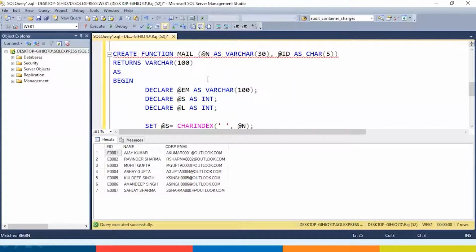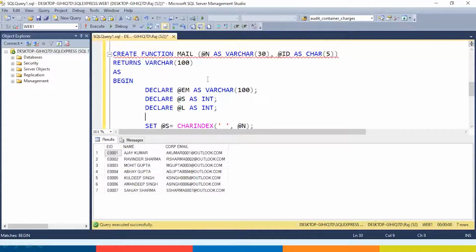The varchar type variable has been taken to hold the final ID which we will be generating. @s has been taken to find the position of a space within a string, and @l has been used to find out the length of the string.